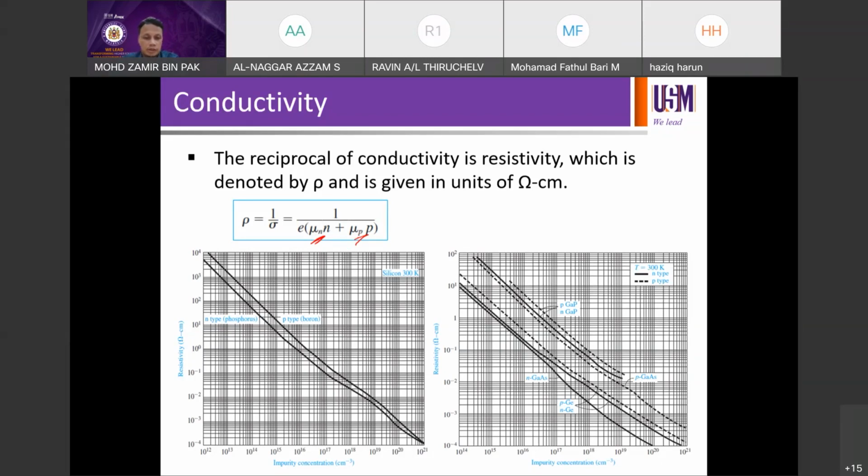Below here, you can see the graph of resistivity on the y-axis against impurity concentration. We've also discussed this in our previous topic, resistivity against doping concentration. We discussed last time that, for example, if you're given a silicon wafer from a cassette that is already labeled, you can tell the doping concentration in that wafer just by looking at the resistivity value of